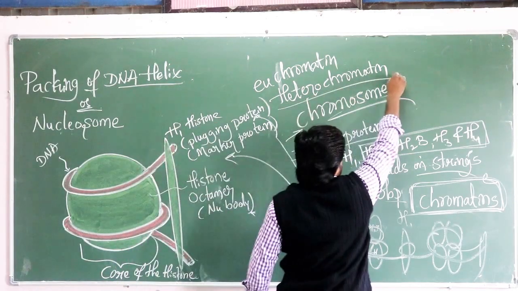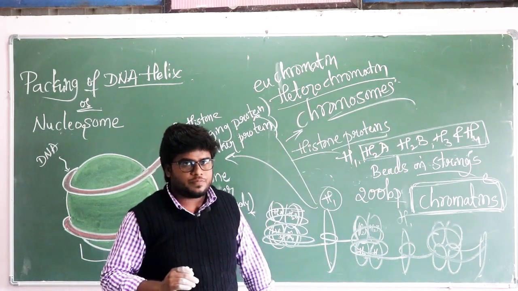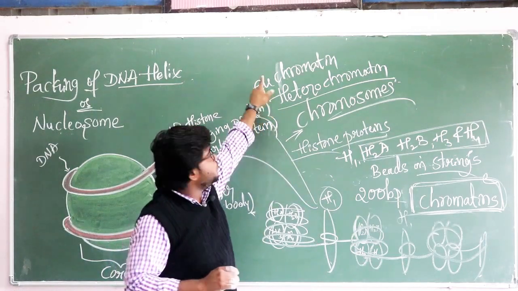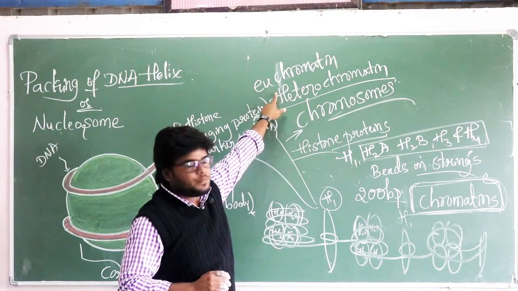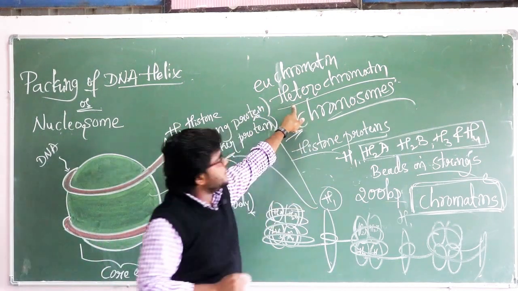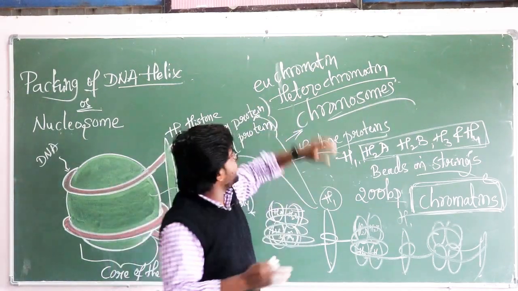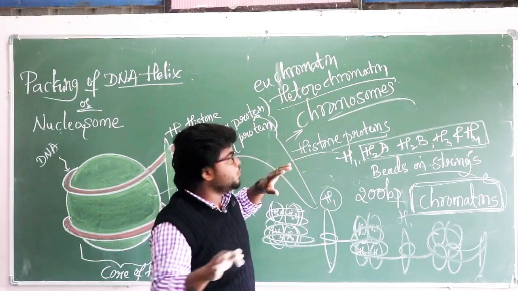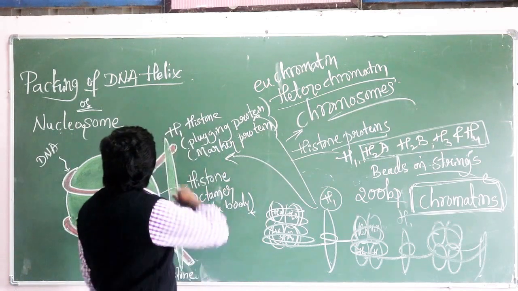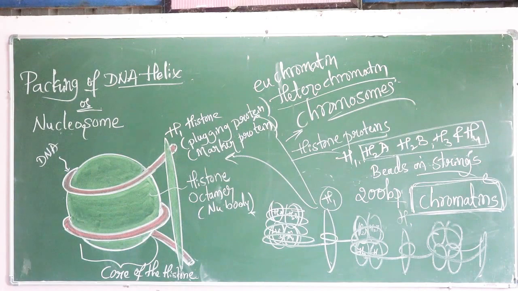And heterochromatin means highly stained or dark stained and tightly packed. This is loosely packed, this is tightly packed. Tightly packed and dark stained chromatins are called the heterochromatins, and these heterochromatins are comparatively less active or inactive. Understood? So this is about the packaging of DNA helix. Okay, so